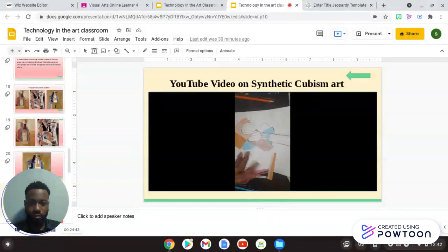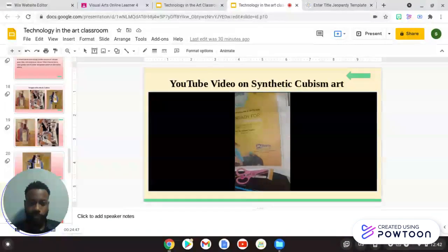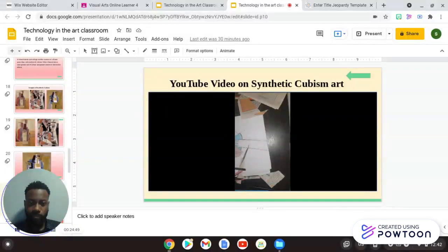Alright, I'm going to do the rest and see how best it turns out. And I am just going to add more paper here. Alright. Adding papers,